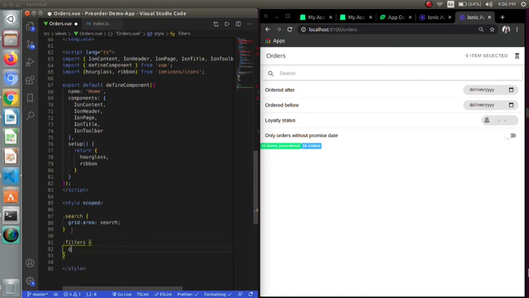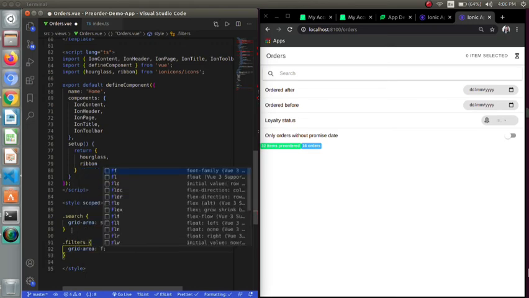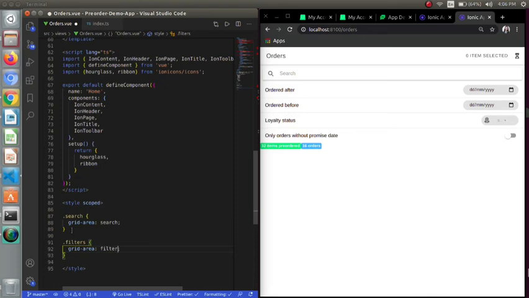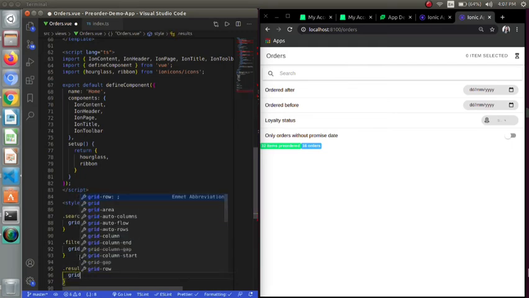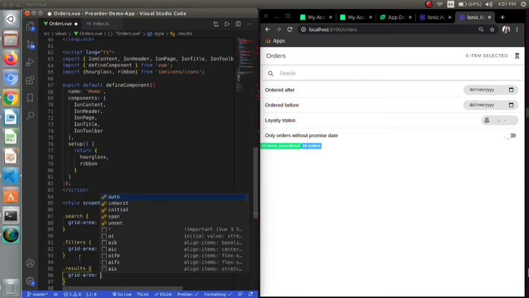Firstly, I will provide a grid area search to the search class, then filters to the filters class. We will be creating our grid using these areas. And lastly, we will give results an area of results.